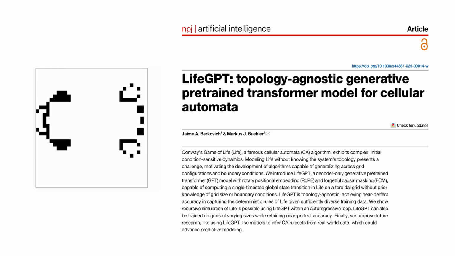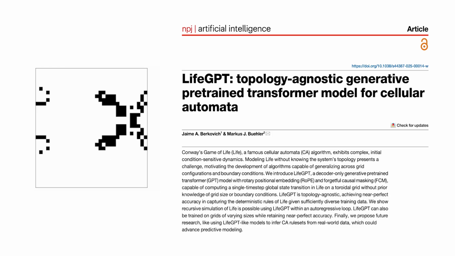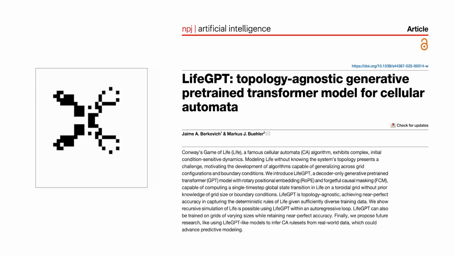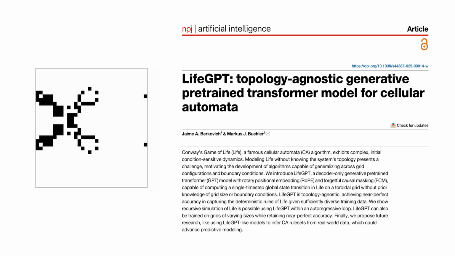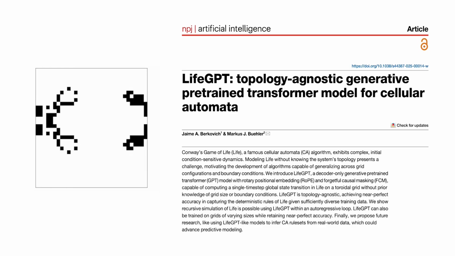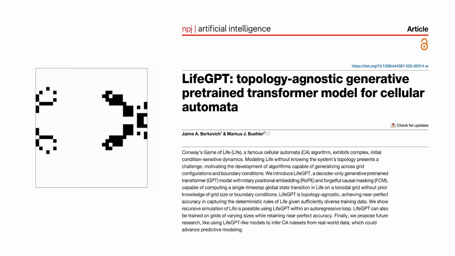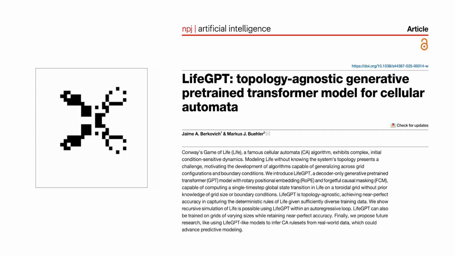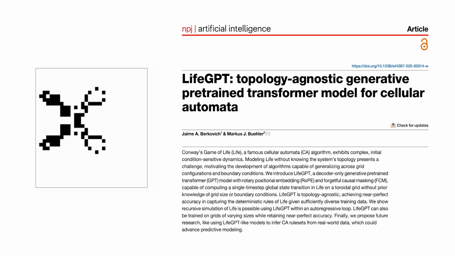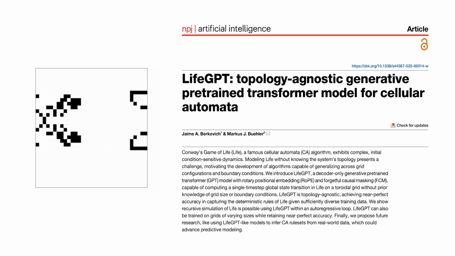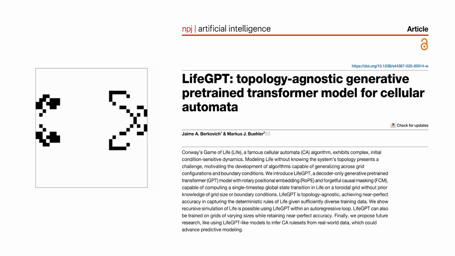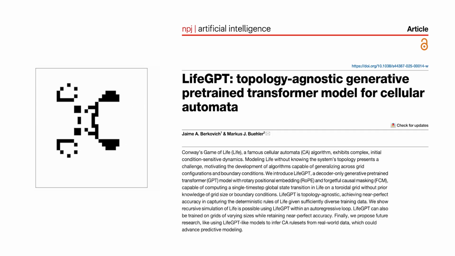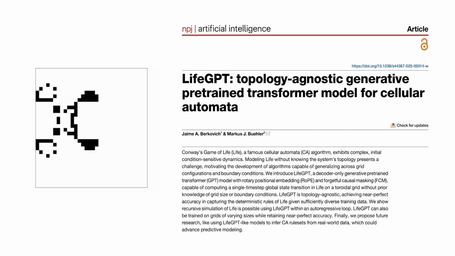There's a fascinating philosophical question tucked in here as well. The Game of Life is Turing complete, meaning with the right configuration, it can perform any computation a general computer can. Transformers, on the other hand, are only Turing complete under idealized assumptions we don't have in practice, such as infinite precision in positional encodings. So, could a perfect LifeGPT simulate an arbitrary Game of Life computer forever? Probably not under realistic constraints, but that mismatch is an opportunity: using systems like Life as a testbed to probe what modern AI architectures can and cannot compute, and how close learned approximations can get in discrete rule-based worlds.